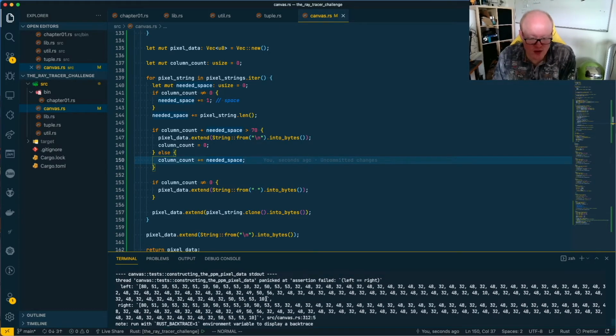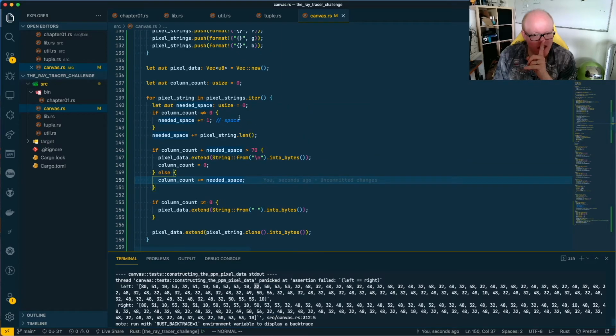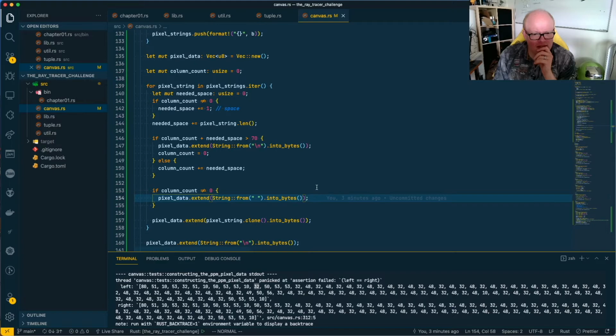So okay, this looks a lot better now, but still does not match. It is exactly 1 character too long. We have a certain bug here somewhere, which is inserting a new line before the first pixel is rendered, but this doesn't make sense. So essentially, this one here comes into play. Of course it does. Because we updated the column count before and then we checked it, and this makes, of course, insert a